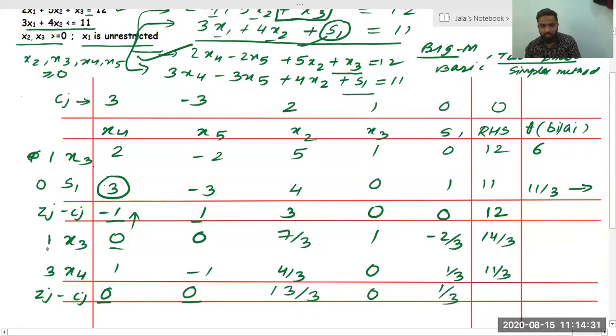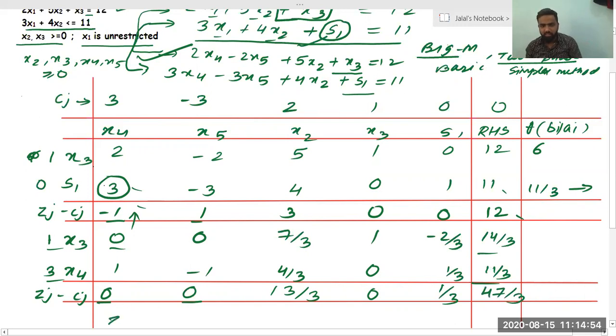So if you want to find this, 14 by 3 plus 33 by 3. I hope you can do it by either way. You can even cross multiply. 3 into 12 is 36. 36 plus 11 will be 47. So you can do it either way, you will get the same answer. 47 divided by 3. So I think we are done with the solution.